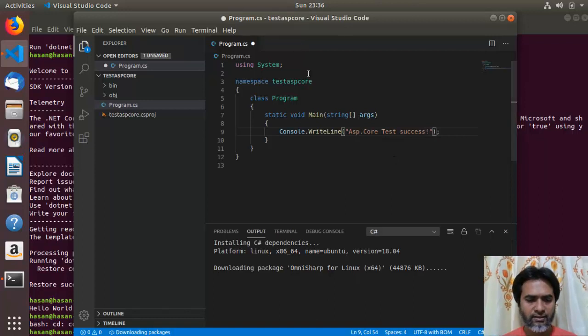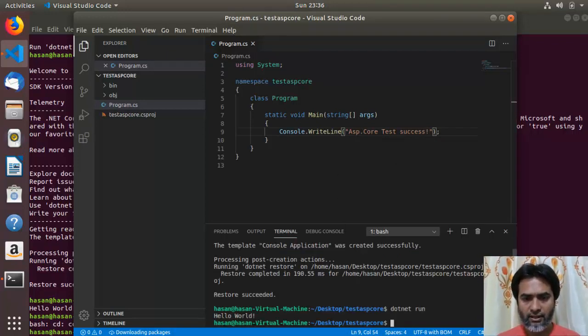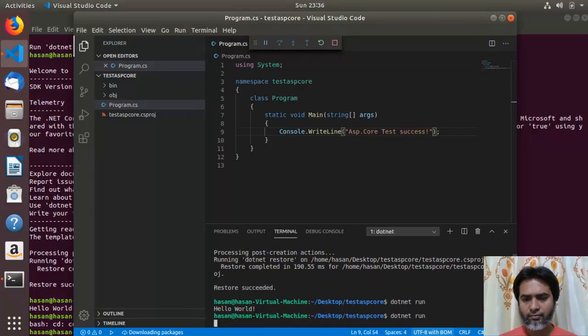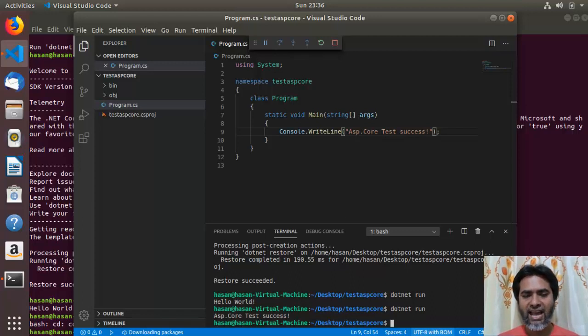Now I can save it, and in terminal I can run it again. dotnet run. Yes, I successfully installed ASP.NET Core SDK in Linux and prepared my C# environment. So it's a win-win. Cheers.